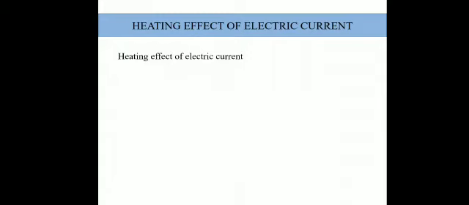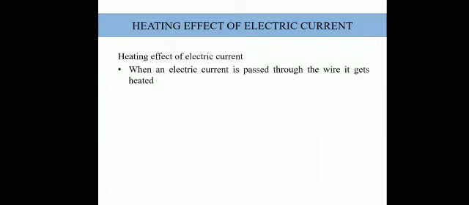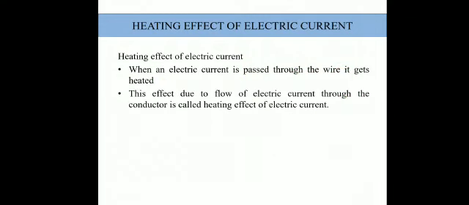This is the concept with the filament of a bulb, right? How this electric filament works, and how the energy used to produce the heat is calculated, that we will see. In brief, we can say that whenever an electric current is passed through the wire, it gets heated because of collision of the electrons. Now this effect of producing heat energy is known as heating effect of electric current, right? We have already discussed how this effect is produced because of movement of electrons through the wire.